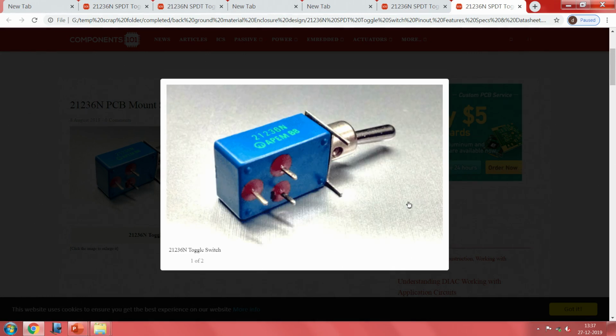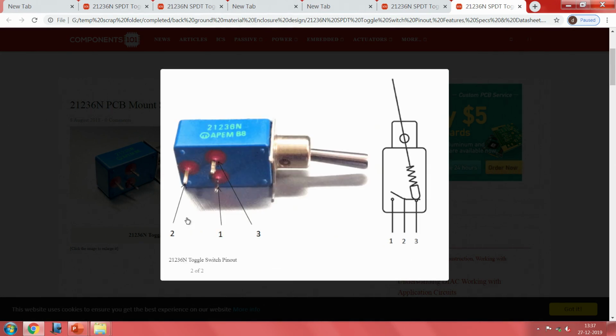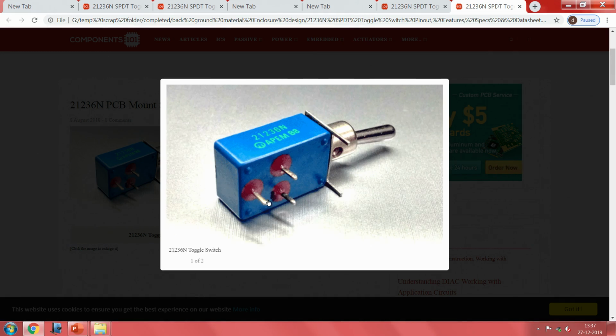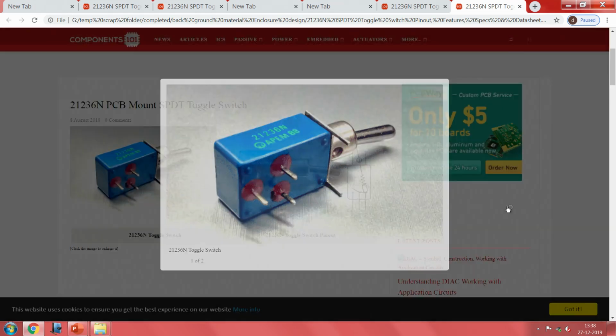Now, if you further go down, if you see the base of the switch, you have seen something which is very different. Here 1, 2, 3 are designated, 2 is a middle point. So, the common point is shown here, and these are designated here, and added to that you notice also two more small lugs here. This is the crux of what we need to consider from now onwards.